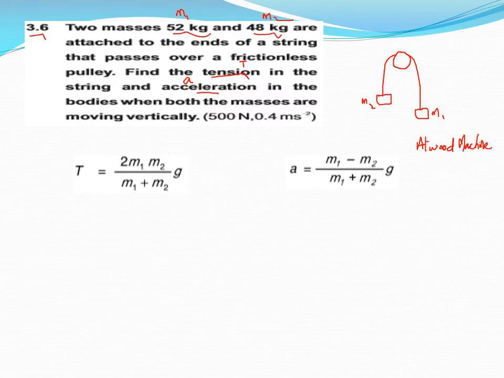So here we just use formulae. The formula for the tension is T equals m1 m2 g divided by (m1 plus m2), and the formula for acceleration is A equals (m1 minus m2) g divided by (m1 plus m2). You can solve it by yourself by simply putting in the values, because we have both masses m1 and m2 and g equals 10 meter per square second. It's very handy to get the results. So dear students, do them yourself.